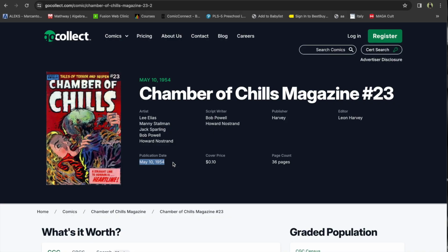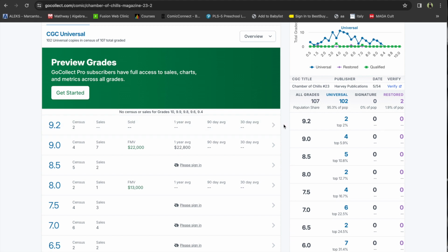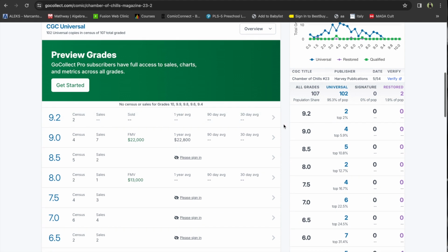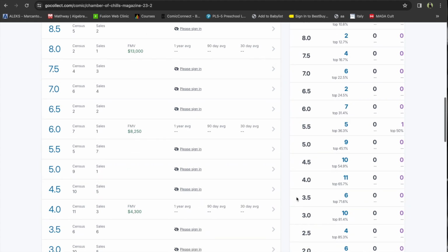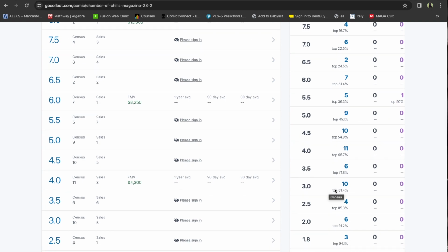Let's scroll down here. So yeah, this was published May 10th of 1954. And on the CGC census, only 107 universal blue labels on the census. At a 3.0, which is what I was estimating, I felt like it would either hit a 2.5. I was optimistic at possibly a 3.5, but this one does have some pretty heavy creasing, which is also noted in the grader's notes. So at a 3.0, it does put it in the top 81% of the census, but to be honest, this book is so